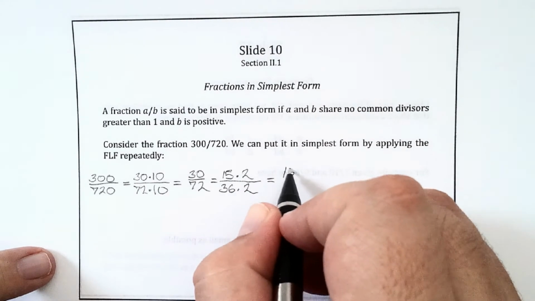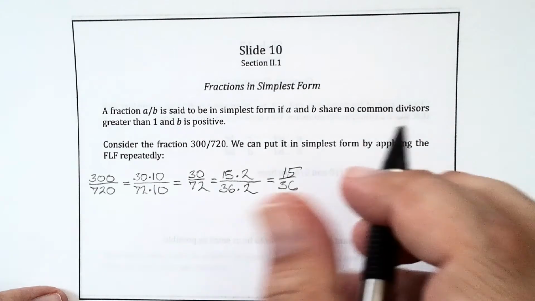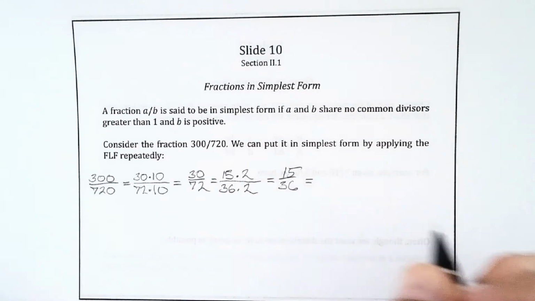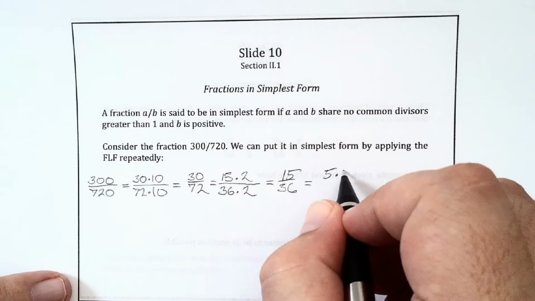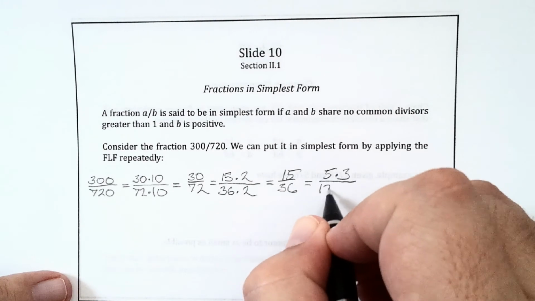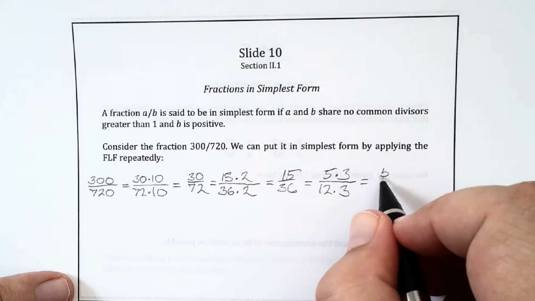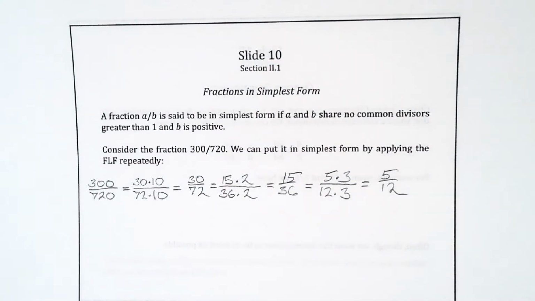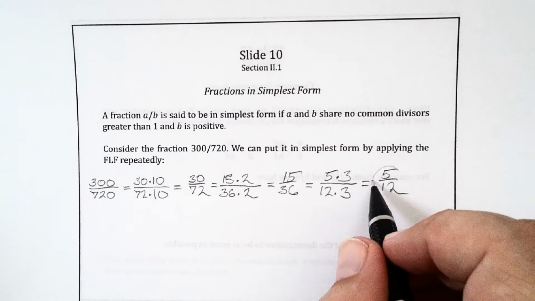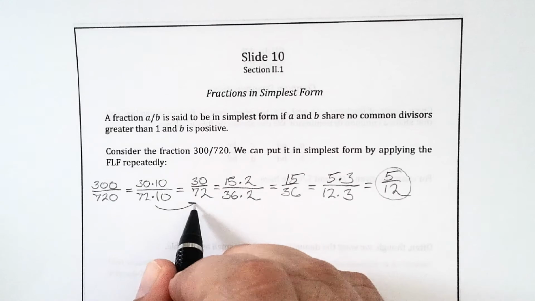So you get 15 over 36, again by the fundamental law of fractions. 15 is 5 times 3, and 36 is 12 times 3. The fundamental law of fractions tells us that that's 5 over 12. And then 5 and 12 share no common factors greater than 1, so that's in simplest form. So in all, we used the fundamental law of fractions